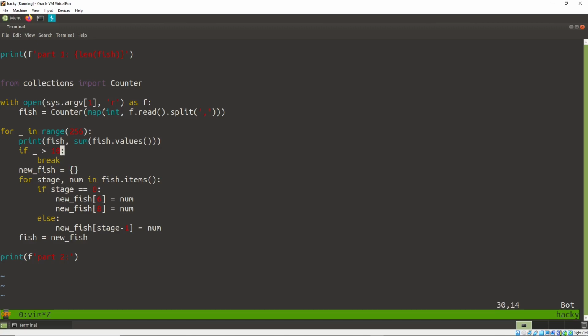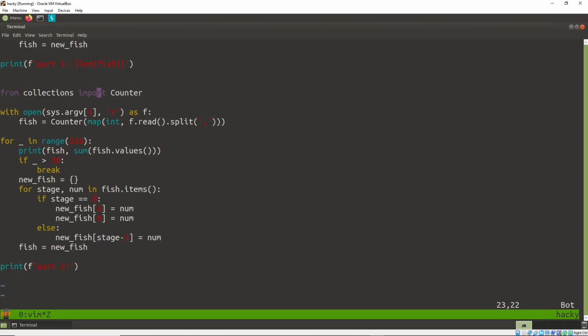All right, so here we'll do counter default picked. Set new fish to default picked int, and then we will plus equals all these things. So most of the time that's going to be fine, but then